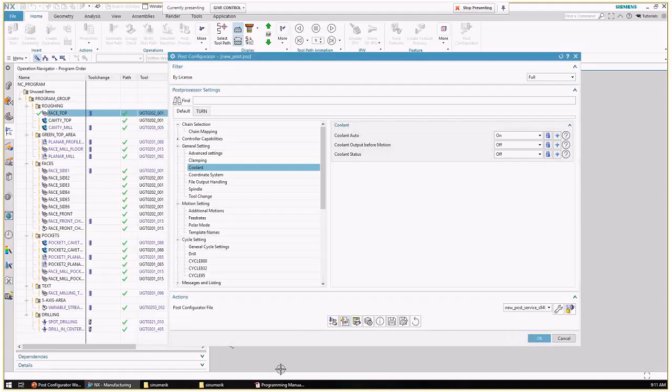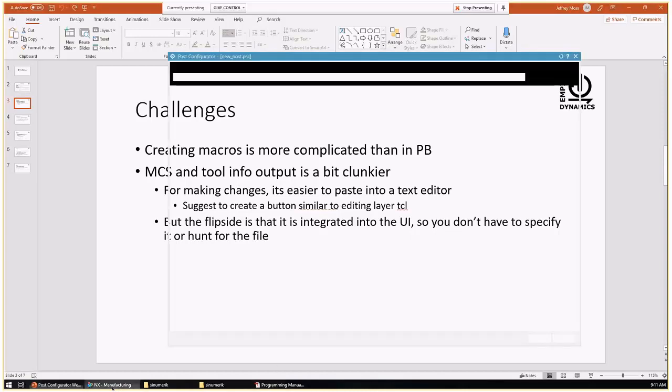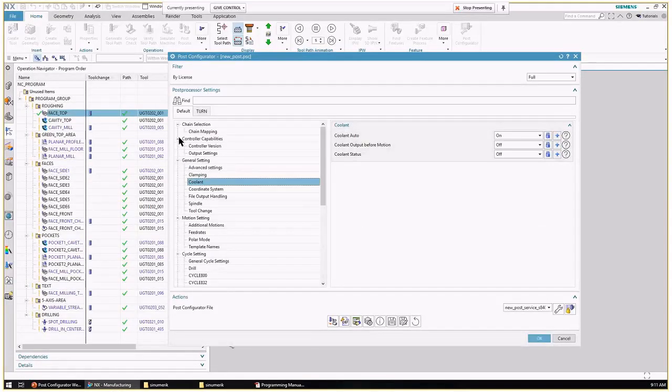So I point that out as partially just a benefit to you guys to be able to know where those are. The MCS tool, MCS and tool info output is also just a little bit tricky to find. So in file output handling,